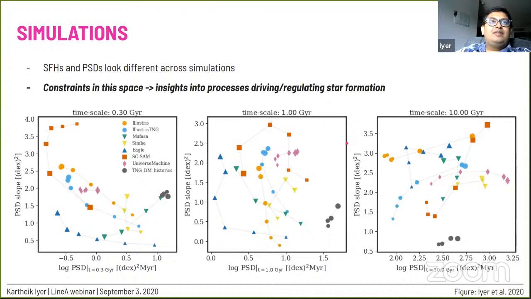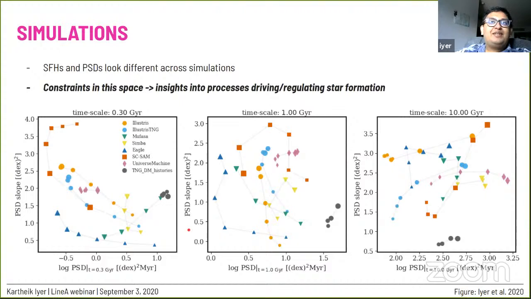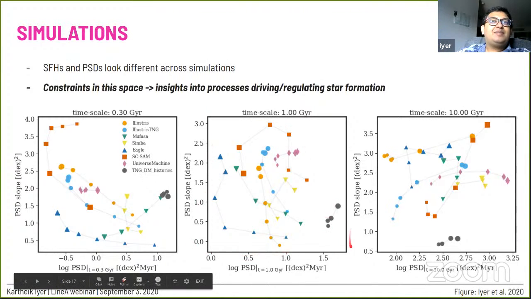So future work in this direction for me and for whoever's interested is to go forth and look for observational constraints in this PSD space. And this is already something that's starting to happen. So N. C. Wang and Simon Lilly, as well as Sandro Tacchella and Nevin Chapla, have put out papers that use the PSD formulation to quantify star formation rate burstiness in galaxies on different timescales, and they're trying to get observational constraints in the space.